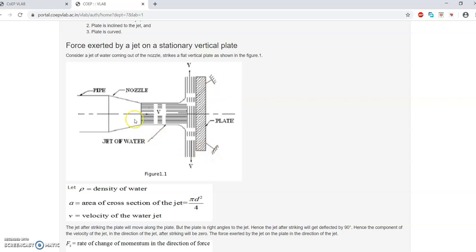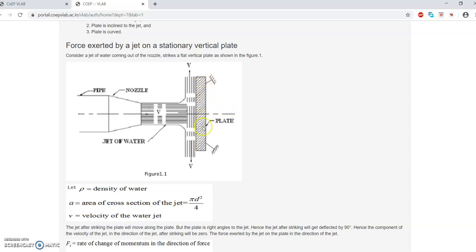Now the purpose of the nozzle is that it allows the fluid to flow in a particular direction with a certain velocity, maybe an enhanced velocity. And this fluid makes an impact on this plate. When it makes an impact, look at the direction of velocity. Initially the fluid flow is along the x-axis, but after the impact the fluid flow is along the y-axis. Now how is it so? When the fluid is impacted on this plate, the fluid tries to find an exit position.